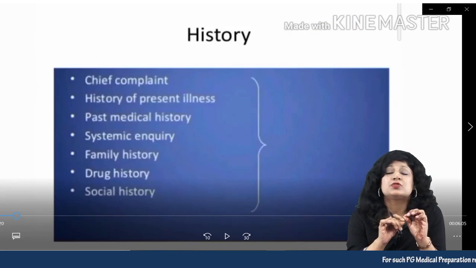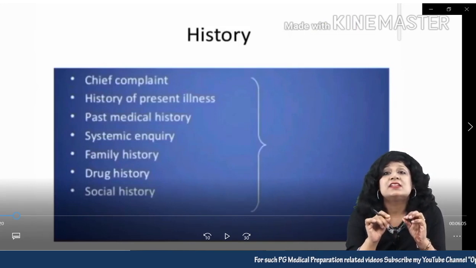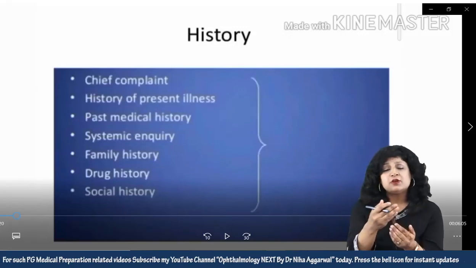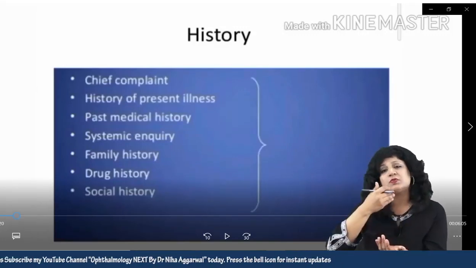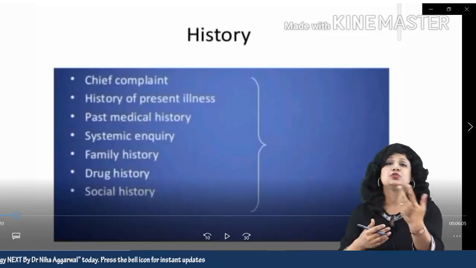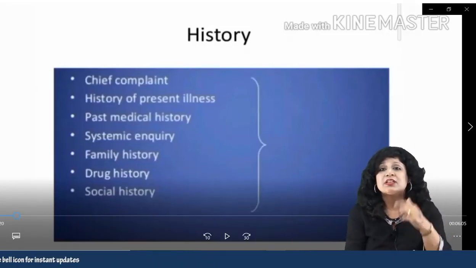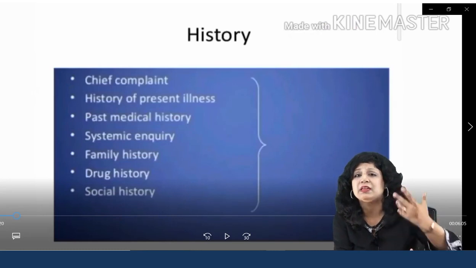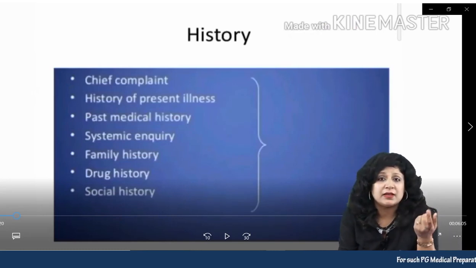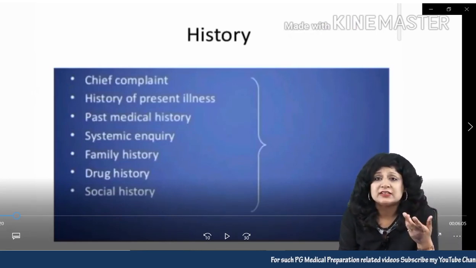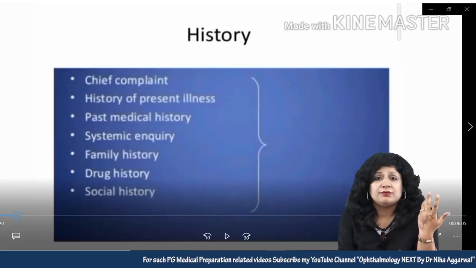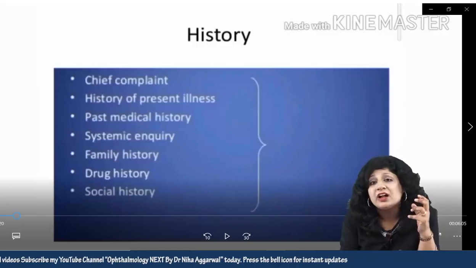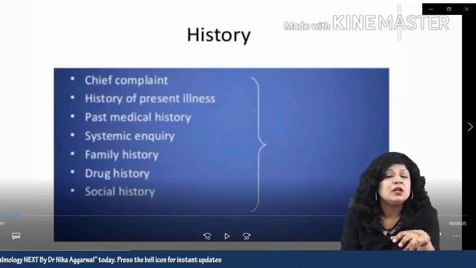You have to ask the patient why he or she visited the OPD. Obviously you will find out that there were so many things which were going on from a year or 2 or 6 months, but now suddenly something happened which actually precipitated the complaints, or something happened which was unbearable, which was sudden, which was very much painful, or something like this, which urged the patient to come to the OPD.